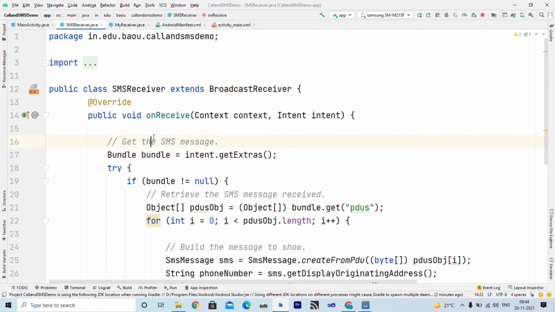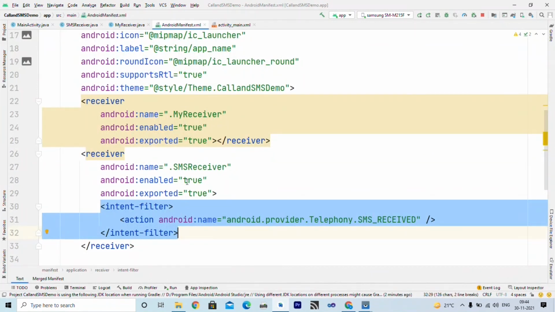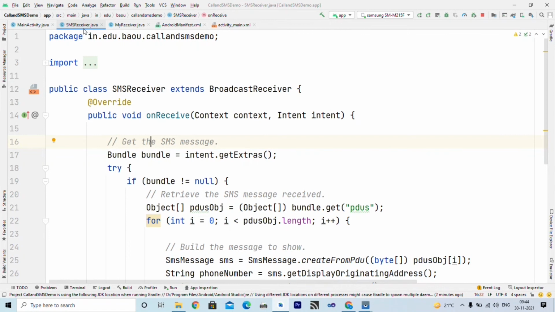Suppose I am receiving some SMS, right? The system will see that this app has this intent filter, so the message should be delivered to this app also. So this app will receive the SMS, and whatever you want to do with that SMS you can do inside onReceive. The first thing we need to do is get the SMS message.